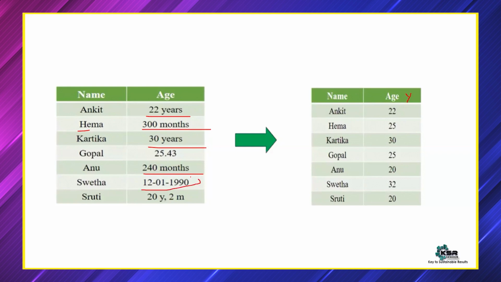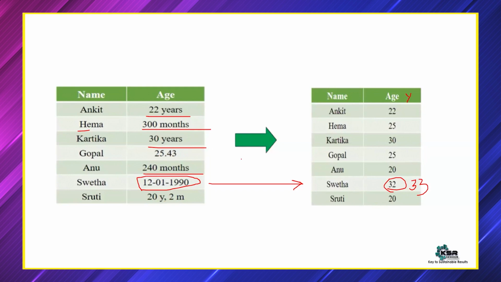Shweta, what is this? 1990, how come it is only 32? How come it is only 32? Is it 32 or more than 32? We have to make sure the data is correct. Yep, it has to be 33. Role of data analyst is not only to filter, not only to understand, but to also verify whether the data is correct or not. I'm trying to see what exactly the data should look like.